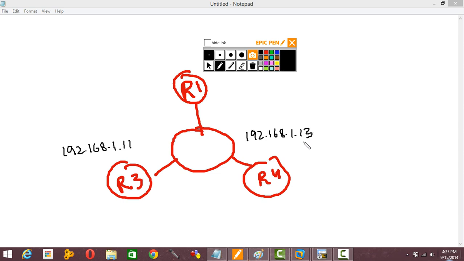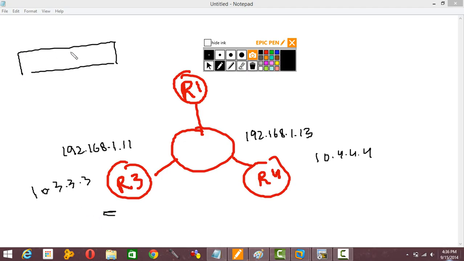This side is 13, right? When I ping, this has a loopback off and this has a loopback off. I ping from here. What does my packet look like? Source is 10.3.3.3. Destination is 10.4.4.4. Right now he only has one tunnel, this one,